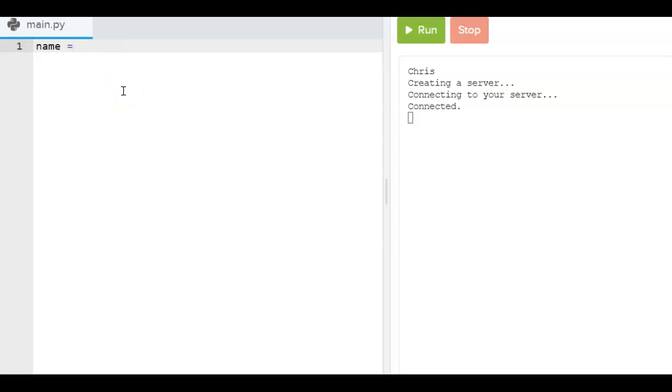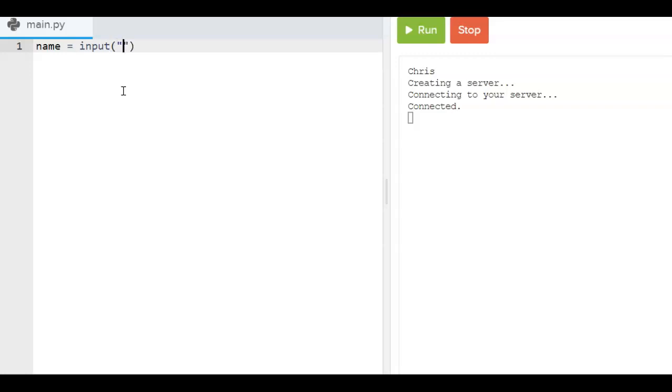But what if I want to be able to ask for the information instead of just build it into the program? When I want to do that, I'd still give a variable like name, and I'm then going to tell Python that it won't just equal something I'm typing right into the code lines. It's going to equal something that is input by literally typing input. Then I'm going to put parentheses, and I'm going to give Python a chance to ask a question for this